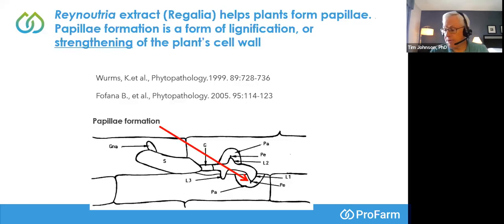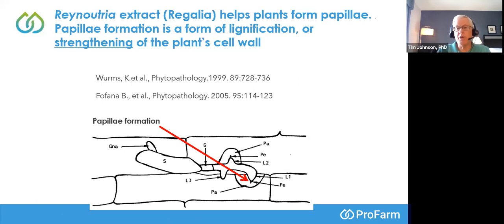There are additional effects, and it's interesting in that these groups of products that are derived from plant extracts seem to have more different modes of action, if you will, or additional effects than, say, something that is from a synthetic molecule, if you will, which really isn't surprising. We know when you make a plant extract, you're going to get some additional compounds that are going to come along for the ride. With Reynoutria extract, we see that plants have an additional accumulation of ferulic acid, which is